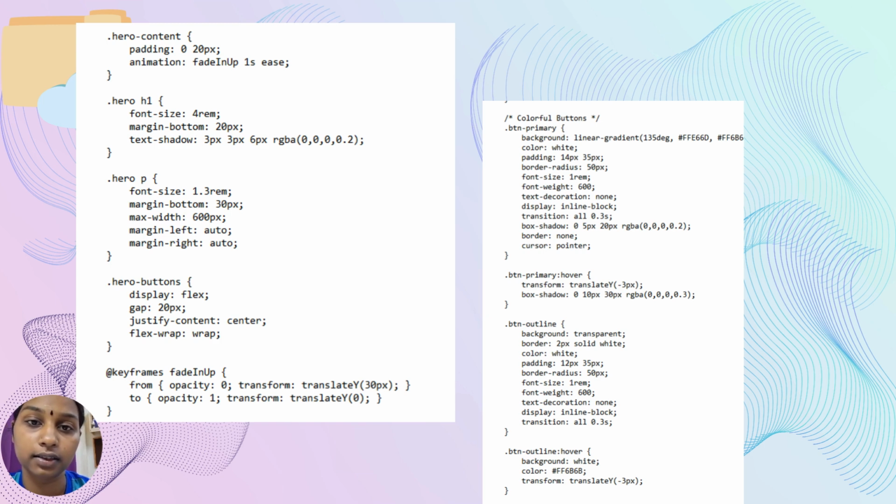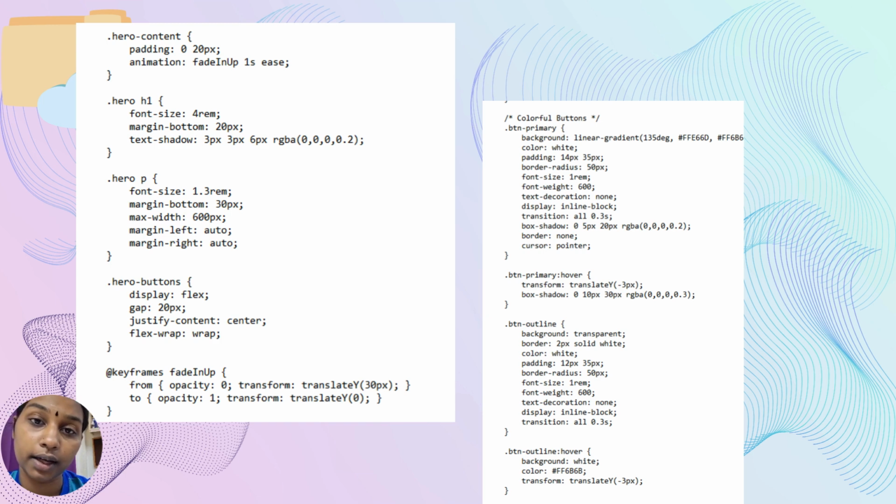Moving to the right panel under the colorful buttons command, we engage two button styles to manage our visual. The primary button, the target we want the user to hit, features a vibrant linear gradient that matches our brand palette. It's styled as a large friendly pill shape using a 50 px border radius and carries a soft and floating box shadow under it to give depth and make it look clickable.